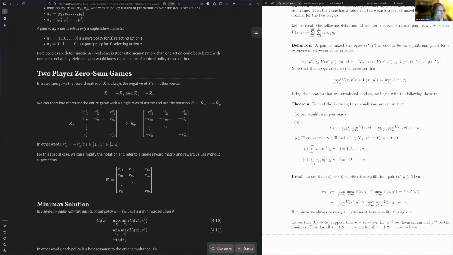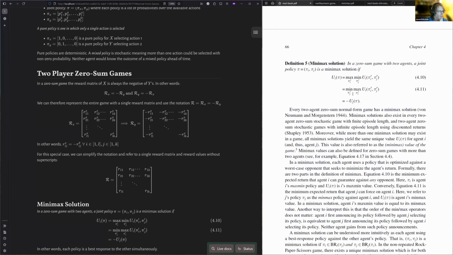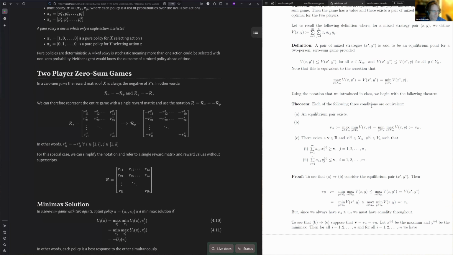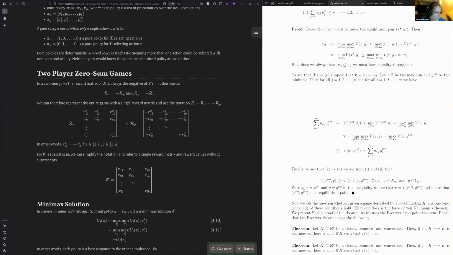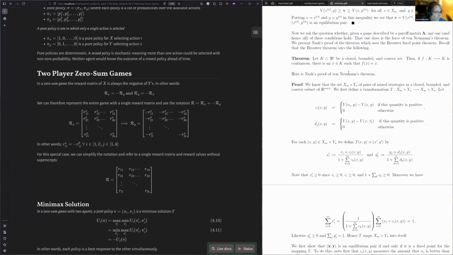And actually, I guess in the book, this definition. So really, there's sort of two aspects to the proof. One is showing how these things are equivalent, and the other is showing that for an arbitrary two-player zero-sum game, this solution actually exists. And I can put in the meeting description a link to this document at least. But this is showing actually John Nash,